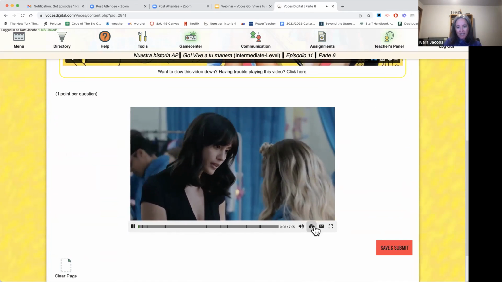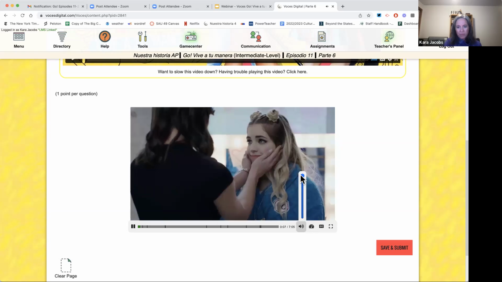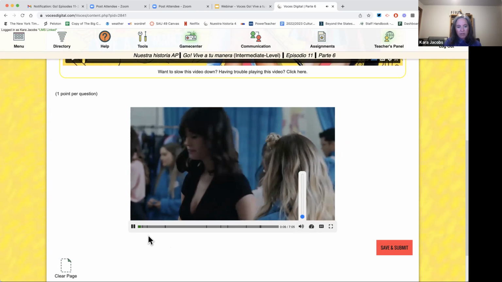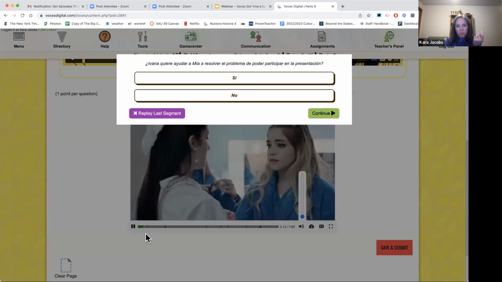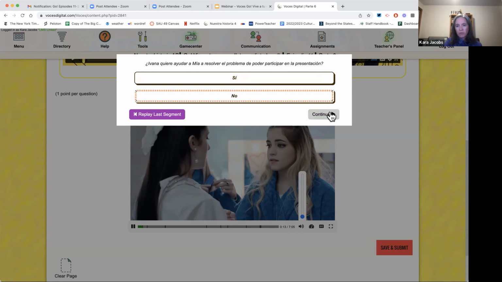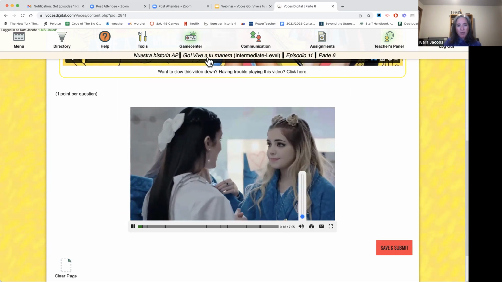And then I'm just gonna mute it so the sound isn't bad. So it plays, as you can see there, and then it asks a question, and then they answer it. So that's an exciting new feature that we have. All right, so that was one thing that we wanted to mention.